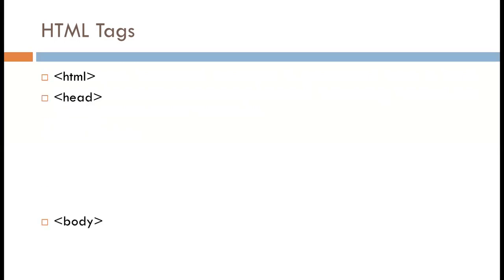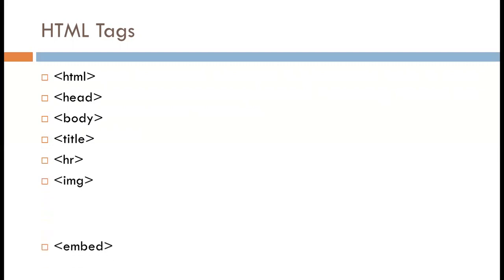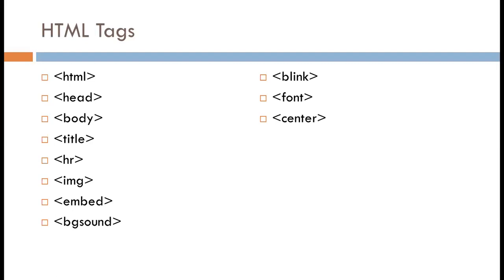Next, head tag, body tag, title tag, HR, horizontal ruler, IMG, it is used to embed an image, embed tag, BGSOUND, blink, font, center, marquee and anchor tag. It is written as A tag.